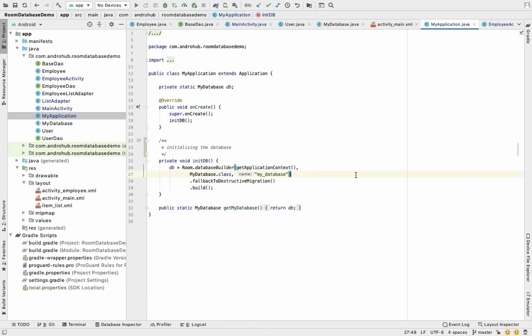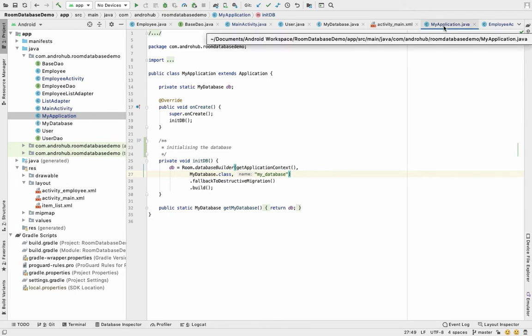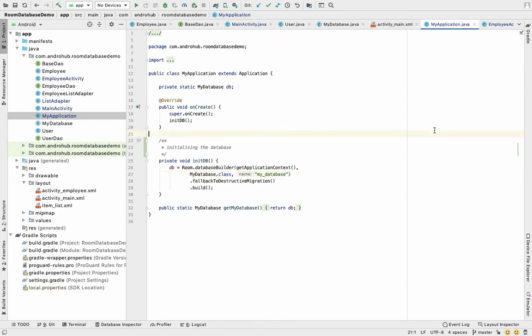Now if you see, for files which are already committed and are on the cloud, if I make any code changes to those files, it will show them in blue color. If you see, activity_main.xml is in black color, and MyApplication.java is in blue color. That means the code changes happened in that class.